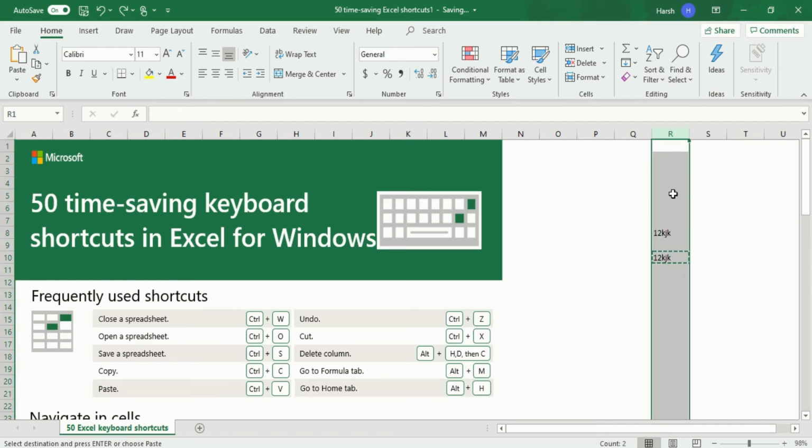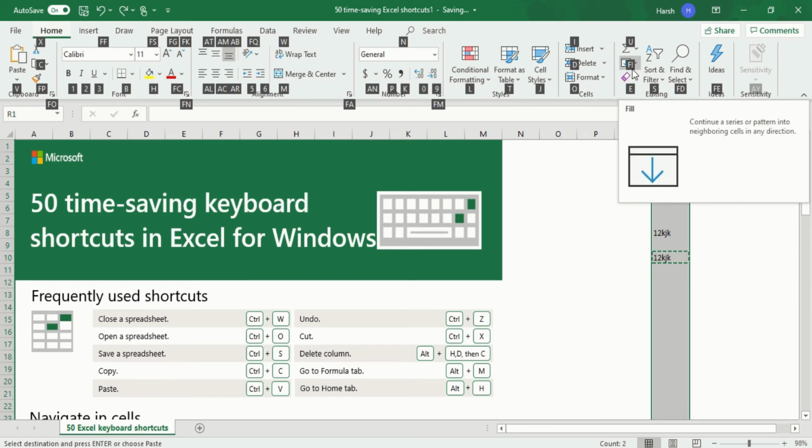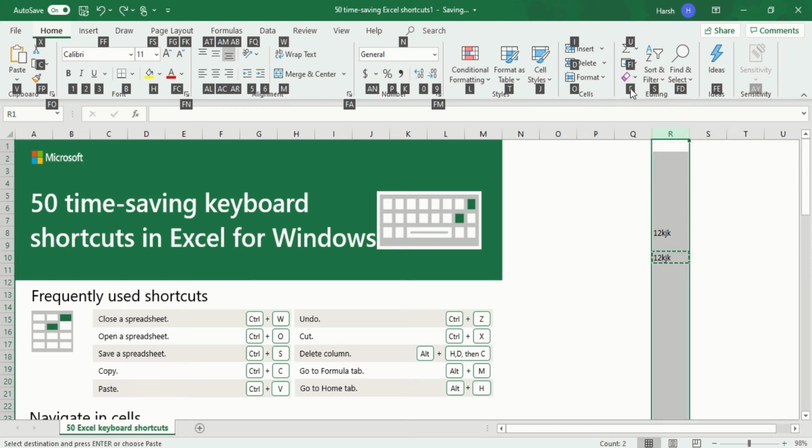After that, press Alt. When you press Alt, you will see there are numbers and letters shown. After that, press Alt, then H. When you press H, you will see there are changes here. Whatever you press, if I press F and I, it will go to fill. If I press E, it will go to eraser.